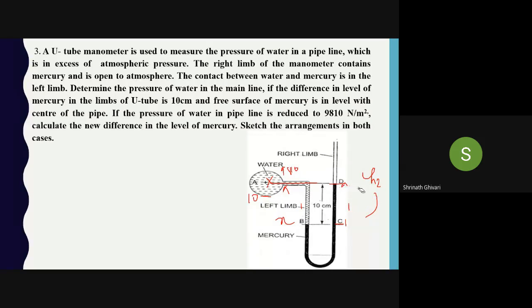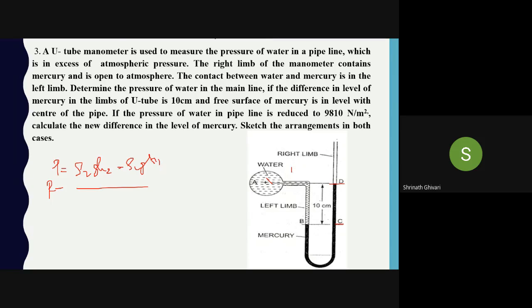In this problem, the question was that you have to find the pressure in the fluid which is flowing through the pipe. First part of the problem. I have found it using the same equation which we have taken previously: P equals rho 2 g H2 minus rho 1 g H1. So this was the formula. I have calculated the pressure of the water in the pipe.